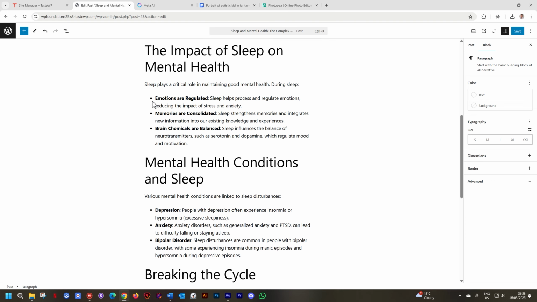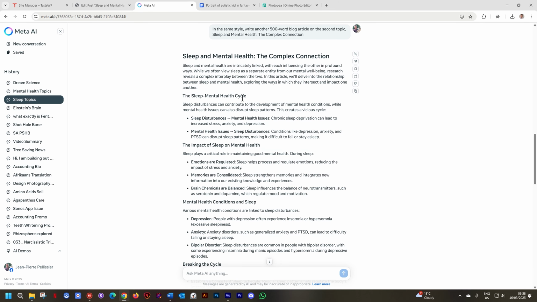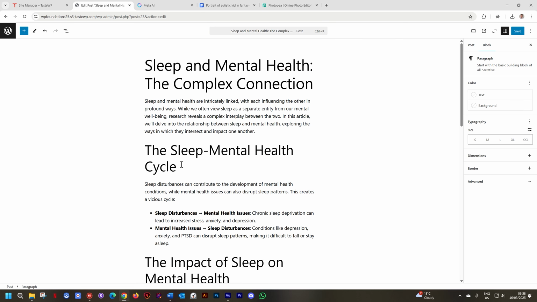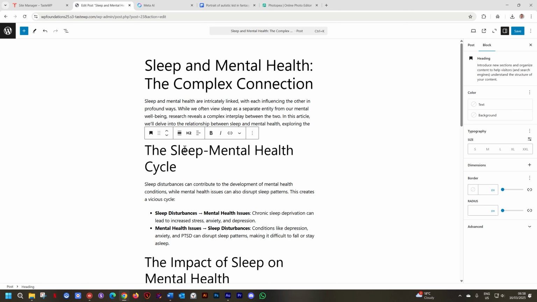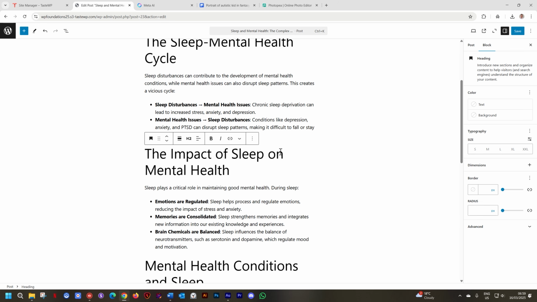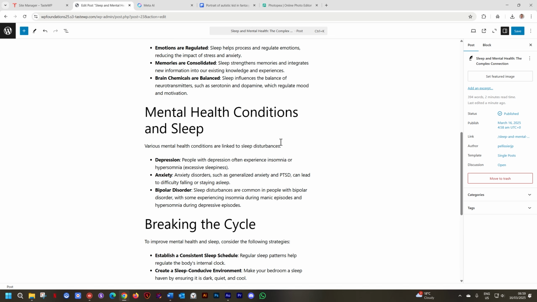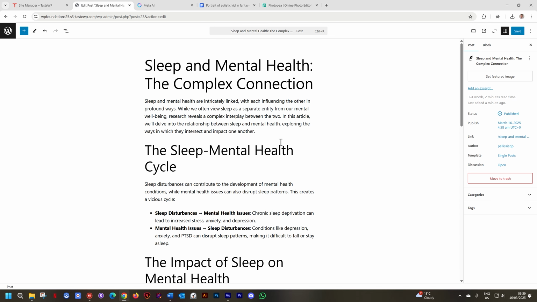Let me scroll up. Do you fully grasp what has happened here? The AI has created these titles and bullets, and these titles are H2 titles, my section headings. And just by pasting it, WordPress understands. If I select this title, you see it's a heading, H2. Go to this one, heading, H2. This one, heading H2. Wow-wee. This is really super impressive.